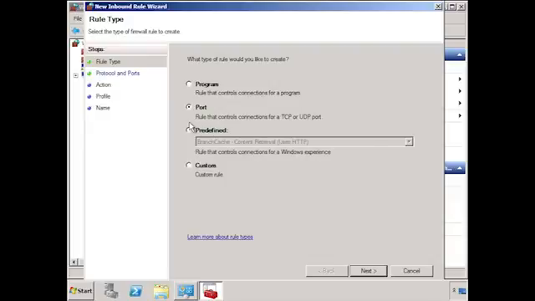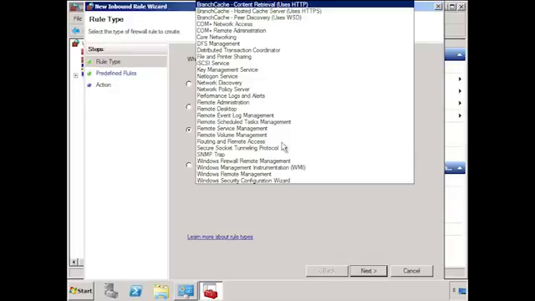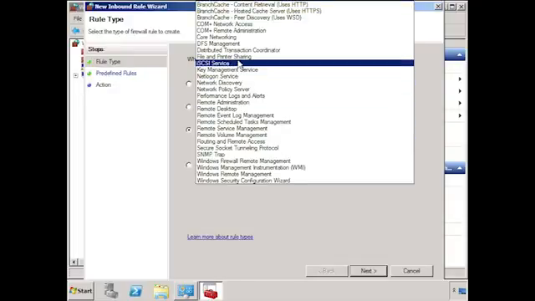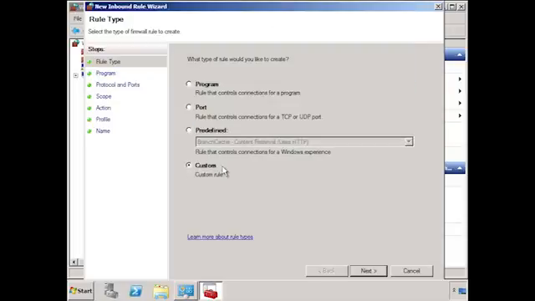But for example, say you always wanted to allow web traffic through. You could create a port rule for port 80. You can also create a rule based on a predefined rule set. For example, just say I wanted to allow SCSI through on a predefined port. I could select it from the list. In this particular case, I will select Custom Rule, as this will allow us to use the most options when